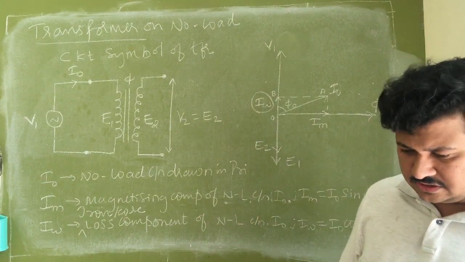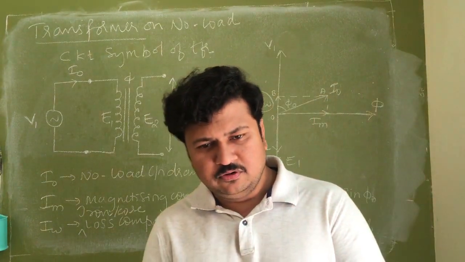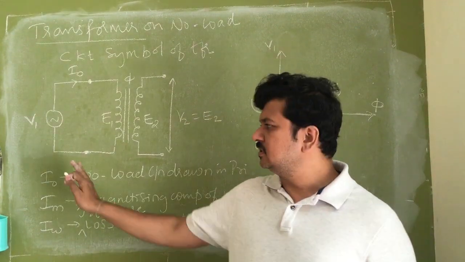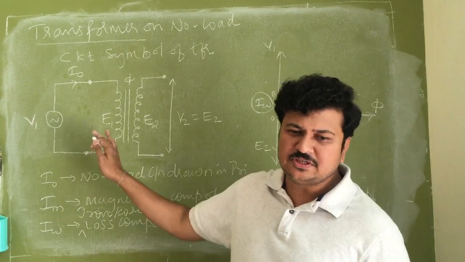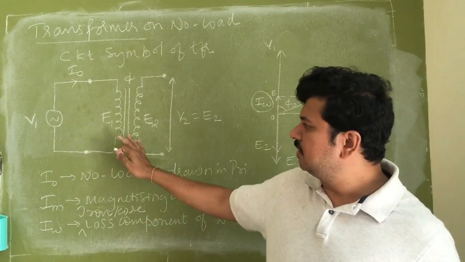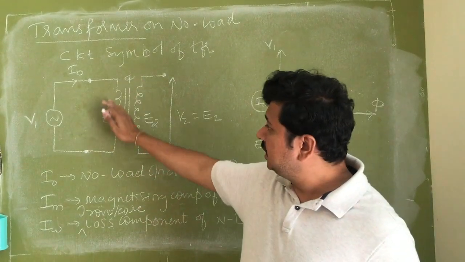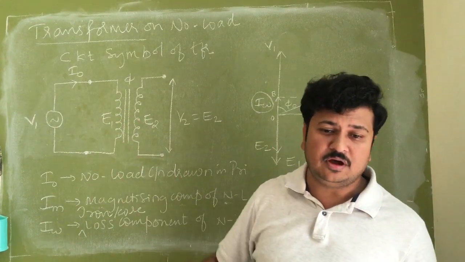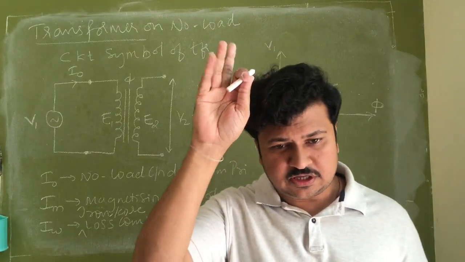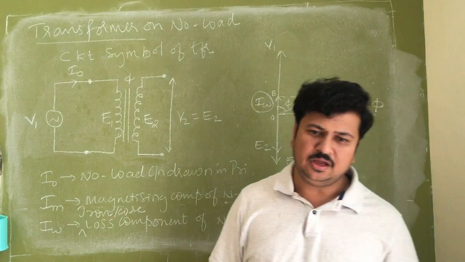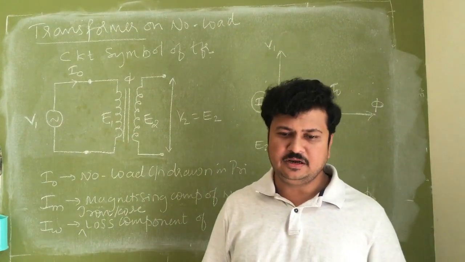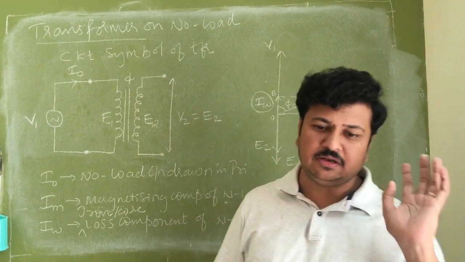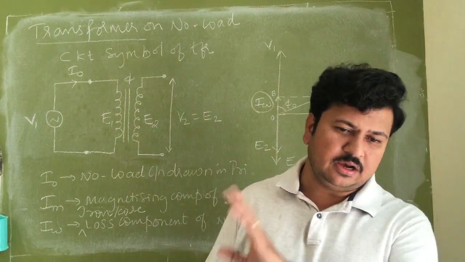Loss is that part of the input which is always consumed by the system. It will first keep its share. It is the share of the system. How much share it will take from the input in the form of loss is decided at the time of design of the system. I can't decide it after the system is put into operation. Only at the time of design can I decide.